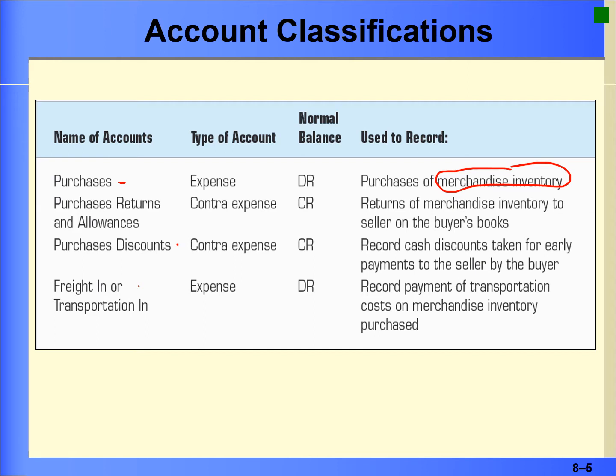It's going to be a return. We're going to have the purchase discount, which is basically when we pay early, we get a discount on the price. I'll show you how that works. And then, of course, freight in is going to be the account we use to account for the shipping part